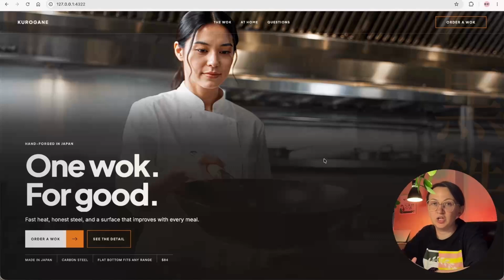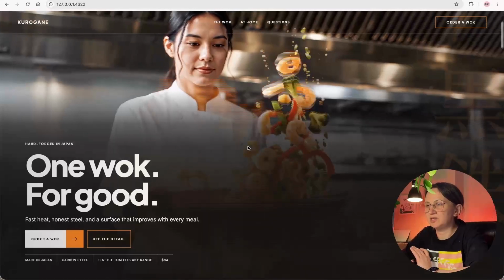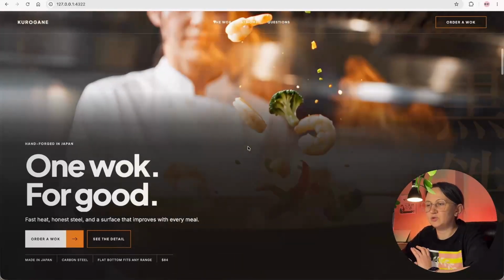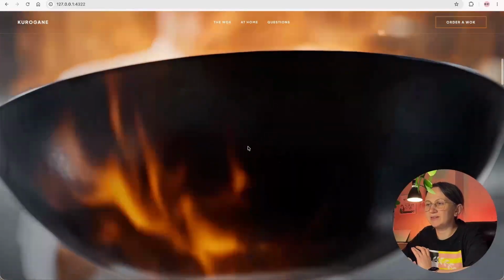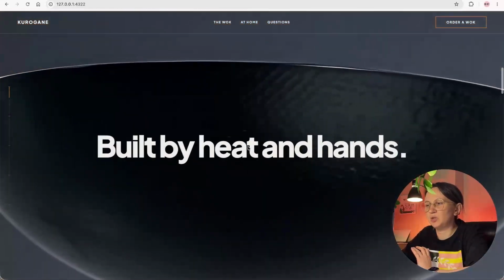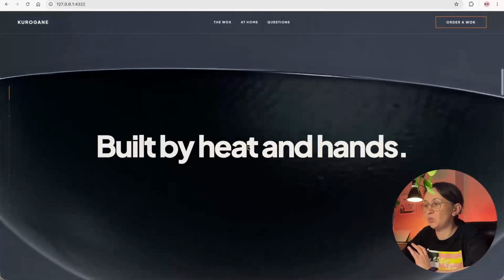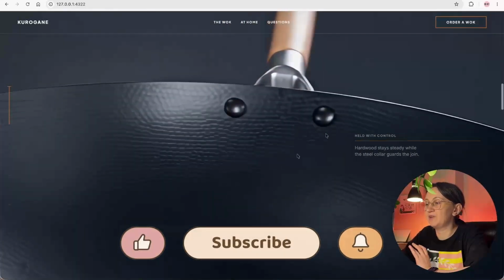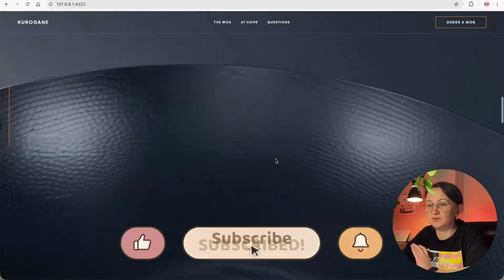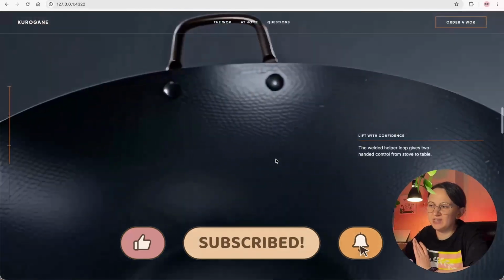Now let's take a closer look at the website itself. When we start scrolling, we have this background animation of a chef, and then we scroll through and have this epic transition to the second section, which is literally describing our product features itself. While we're scrolling through it, we have our text appear in different places, describing our product